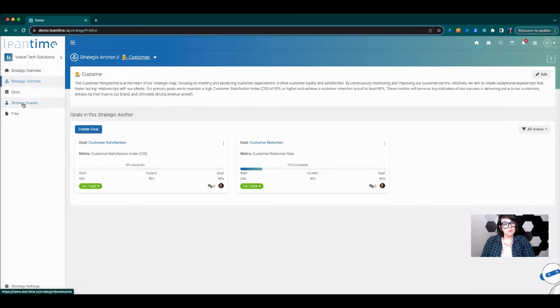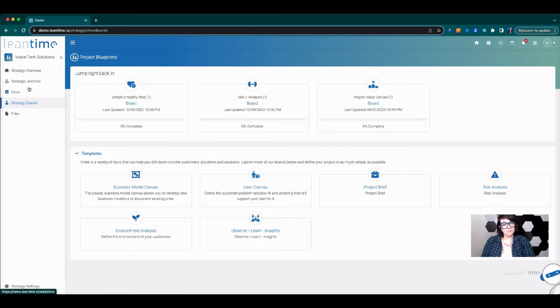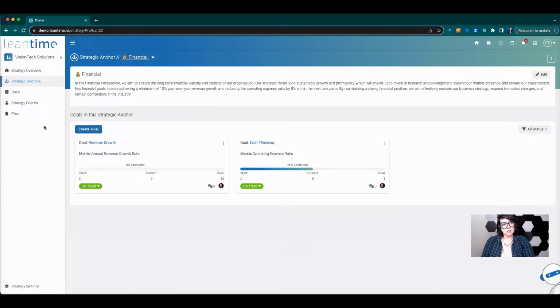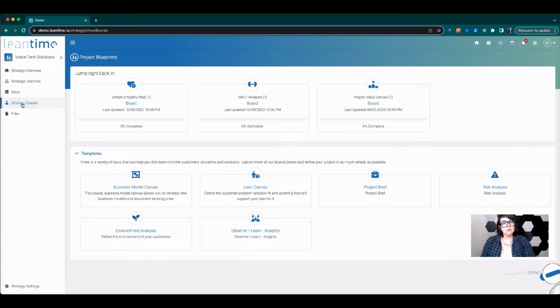From there, I'm gonna look at strategy boards. So that is a quick overview of how the strategic anchors work. Strategy boards. So in Leantime,